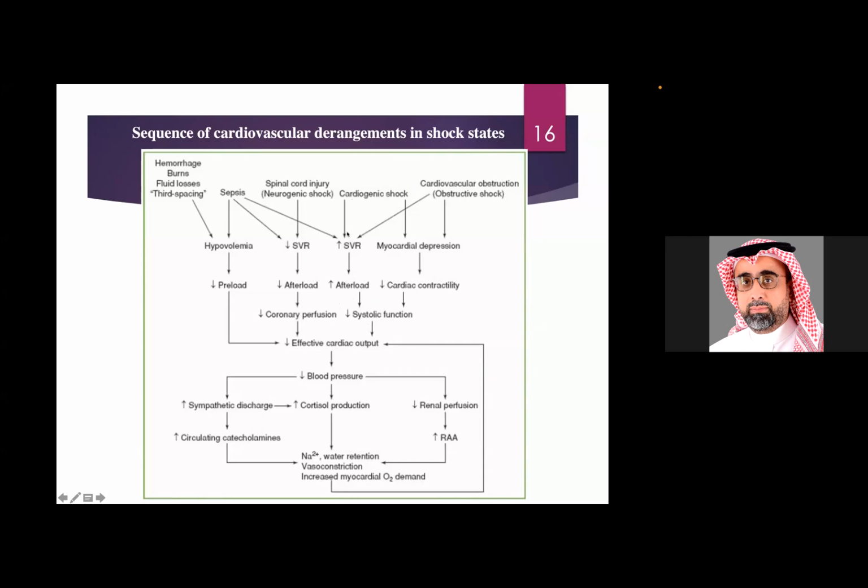About cardiogenic shock, the systemic vascular resistance increases, that is, we increase the afterload and decrease the systolic function. It can also cause myocardial depression and decrease the cardiac contractility. This will affect the systolic function. Also, obstructive shock can increase the systemic vascular resistance, and that will affect the myocardium. So if you decrease the cardiac output,